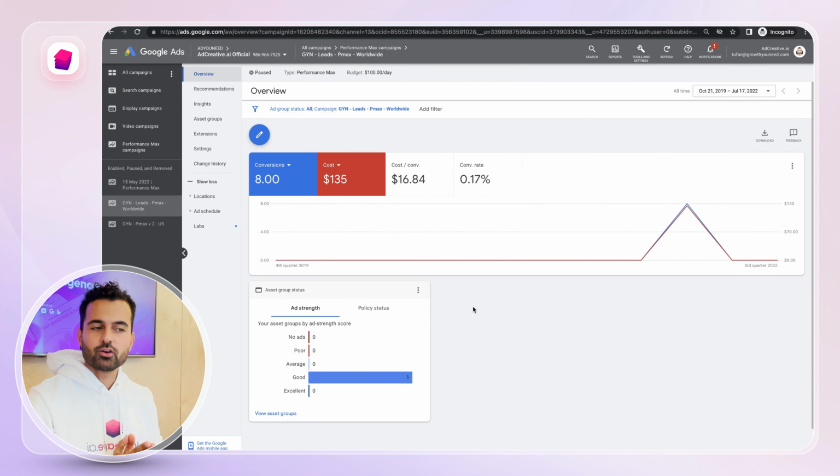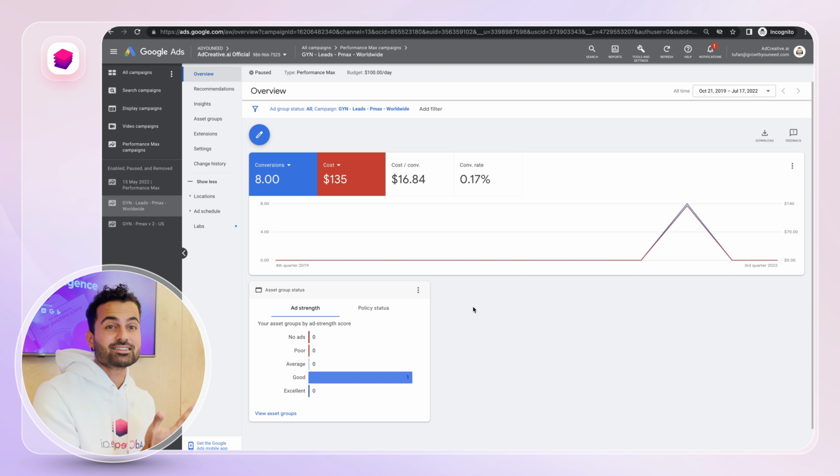On this video, we are going to be talking about how we can optimize Google Performance Max campaigns. If you're not sure what a Performance Max campaign is, or if you don't have one, I have another video. I left it in the description. I will also put it on the screen so you can click there and watch that to create your first